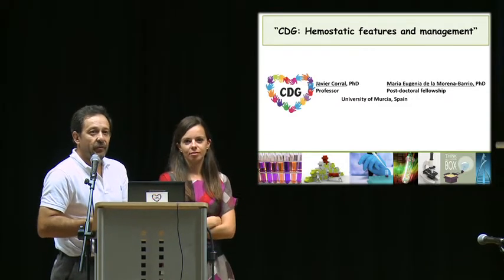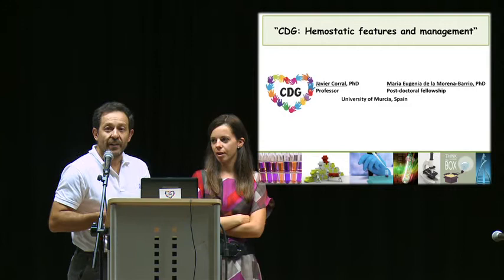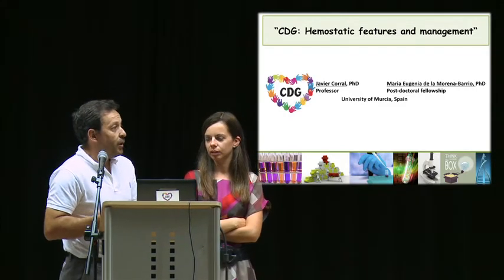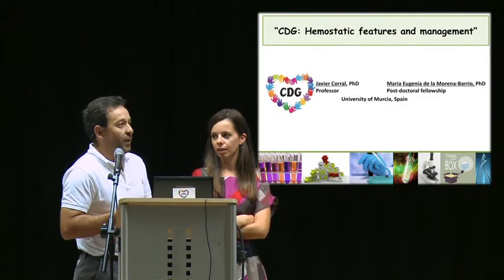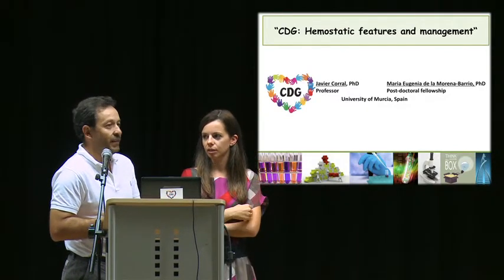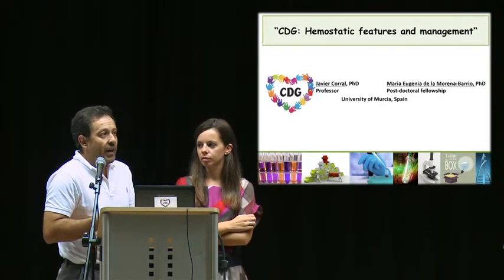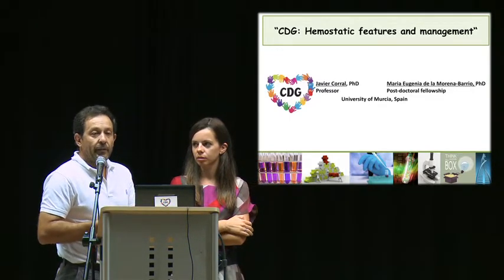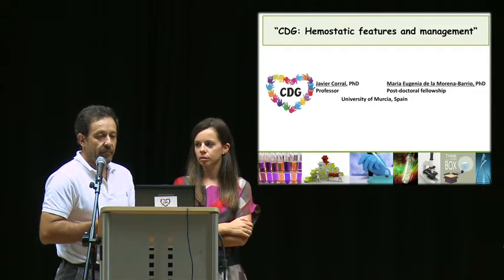And we found help from families and from medical doctors, and also from scientists like Professor Jaeken. So with all this help, and with the strong work of Eugenia, who has been working very hard in that field and has already defended her thesis this year, we have obtained some data that help us understand a little bit more the hemostatic features of these patients.